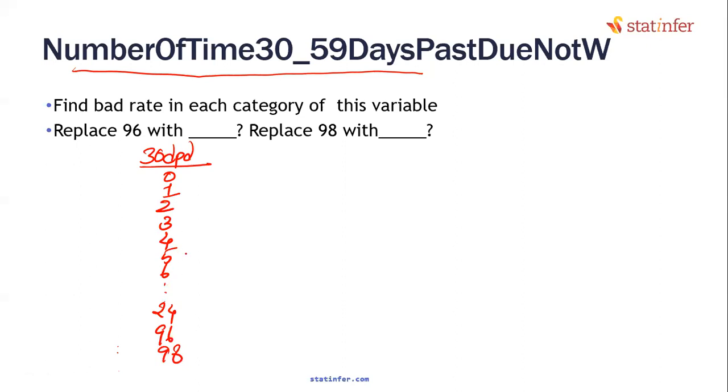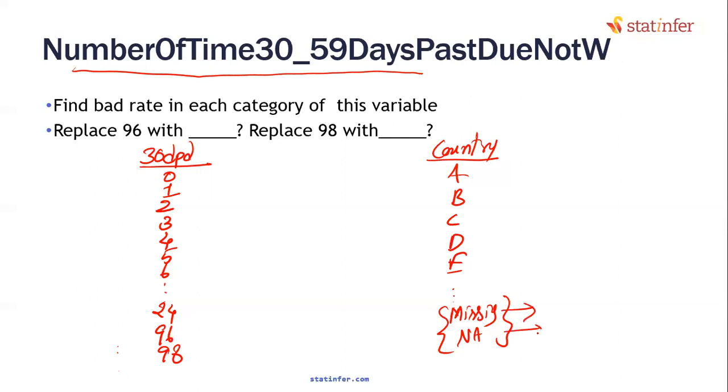That's a question. This is a numerical variable, but even if it is a categorical variable, something like customer country, A, B, C, D, E, these are the countries and so on, there is some default country or some country missing. A country NA is coming. Now the country value should be either A or B or C or D or E. If it is missing or NA, what will you do here?